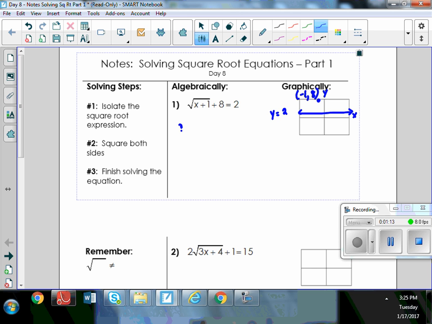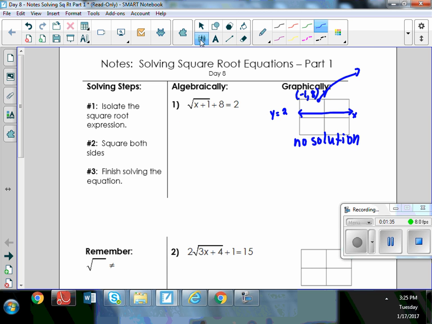It doesn't have a negative sign in front of the x, which means it opens like the parent. So it's going to go up and to the right. So how many points of intersection do you think this is going to have? 0. So this one's going to be a no solution. So sometimes you can kind of visualize what it looks like graphically,